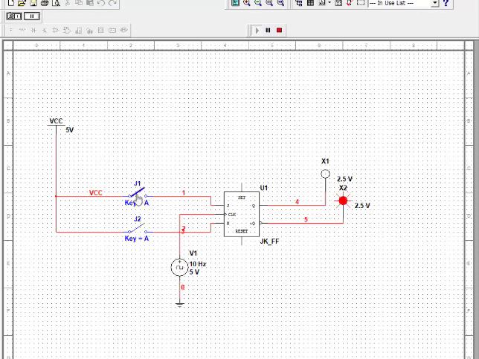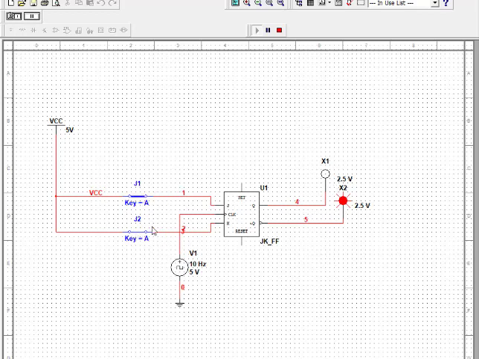Let us start with 0 1. For 0 1 we get 0 1, then for 1 0 we get output 1 0. Now see, it will take some time to turn, because this frequency is very low, 10 hertz. So this becomes 0 1. Now what happens at 1 1?